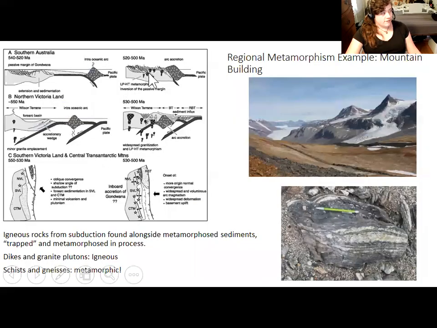And don't worry about the details of this diagram, but it's kind of meant to show you that sediments are being shoved up between plates that are colliding, and how these rising bodies are representing that magma is involved in this. And the cool thing is that you often find metamorphic rocks from regional metamorphism alongside igneous rocks, because the same processes that cause melting and cause volcanoes and plutons to form also